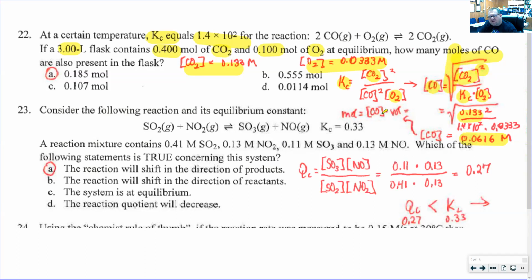And then what I ask is how many moles are present. So to find the number of moles, it was the concentration times the volume. So I had to take that and multiply it by the 3 liters. So when I multiply it by the 3 liters, I get 0.85. You had to solve for concentration from the number of moles, and then take concentration and solve for the number of moles, undoing that at the end. This is just a typical problem.